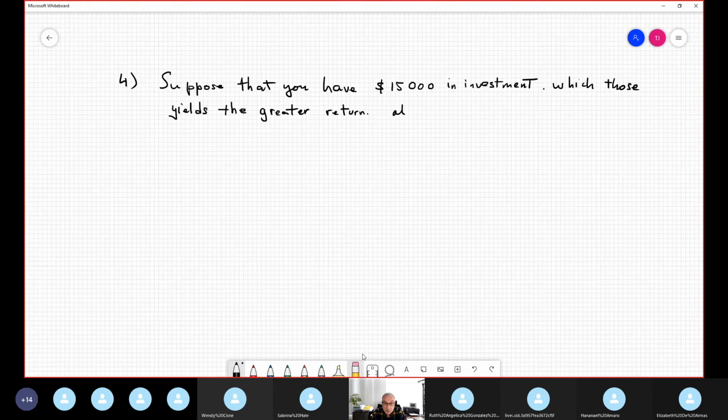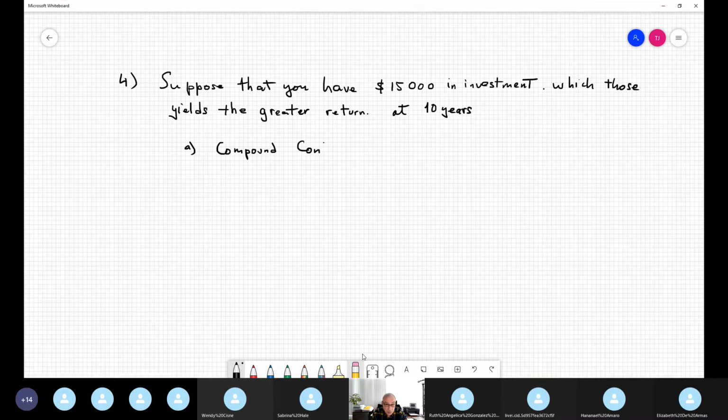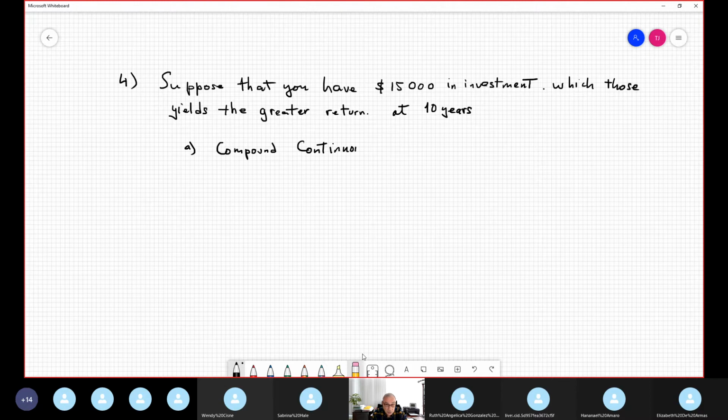At 10 years. Okay. So we have two conditions. Number one, condition A, is compounded continuously at the interest rate of 9.5%. And the second condition is compounded